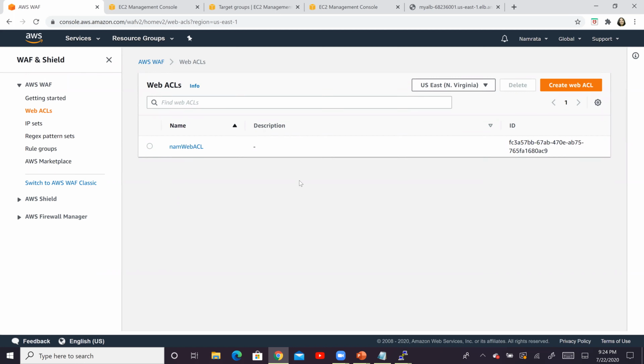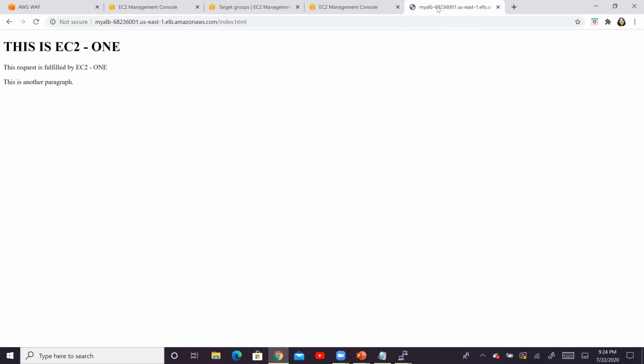So what are we going to do now? Now we have to test it. So go back to your application load balancer right here, right? And remember what we are going to do. We are going to count the number of requests that we have received from my IP address. That means this particular application load balancer will receive requests from my IP address, and we are going to count those requests because those requests are going to be allowed by our web application firewall, right? We mentioned that in our condition and in our rule.